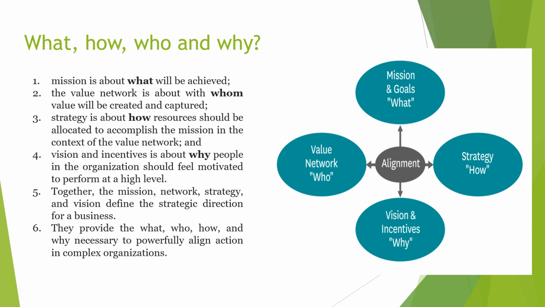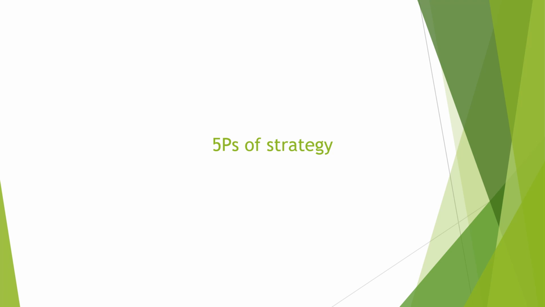Then vision and incentives is about why people in the organization should feel motivated to perform at a high level. Very basic, any organization will give salary hikes and extra incentives so that the employees feel happy and work more, right? So that is another way of achieving our aim. Together, the mission, network, strategy, and vision define the strategic direction for the business. They provide the what, who, how, and why necessary to powerfully align actions in a complex organization. When we talk about a large organization, if these questions are properly answered, definitely it is going to give a positive outcome. Next one is the 5 P's strategy,